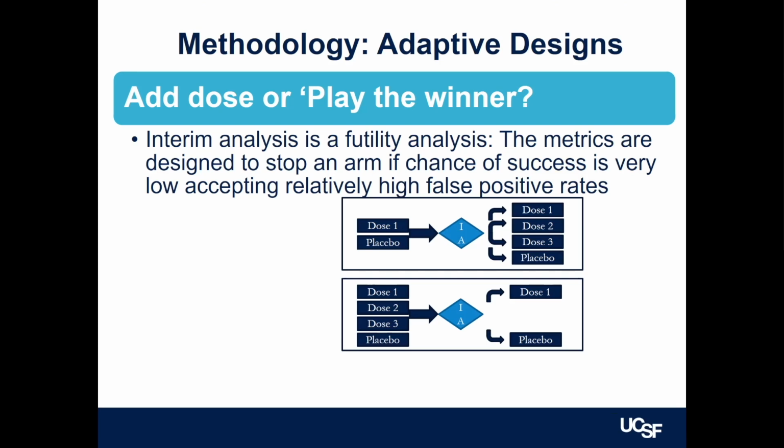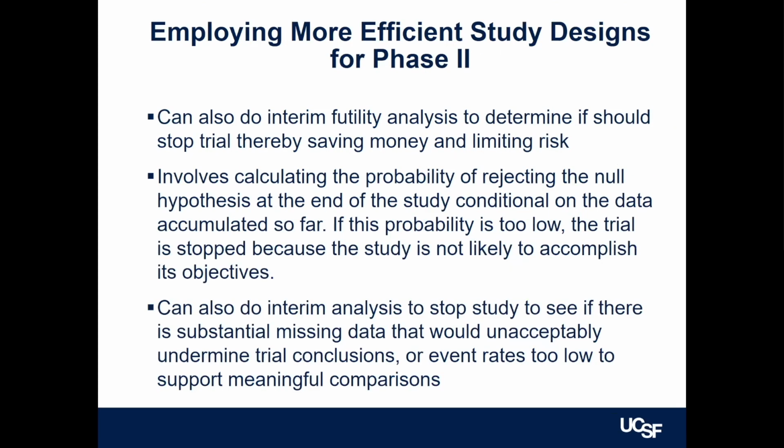The more common design is the play the winner. You have 3 doses against placebo. You stop after some point, and then you go forward with the best one, and if none are good enough, then you stop. That is the futility analysis idea, which allows you to stop. And the advantage of it is, if you're working with an orphan disorder and the studies are extremely expensive because it's so hard to recruit, then it's a bit of a risk protector, because you save the money by stopping when you have futility. Now, futility isn't perfect; it's an estimate.